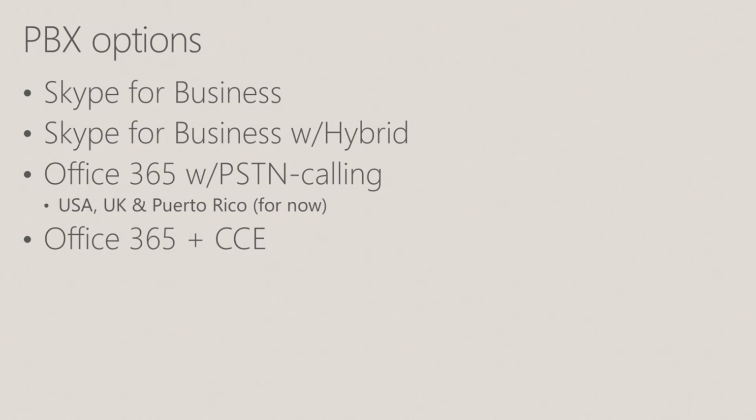These options should be familiar to most of you. The first one is Skype for Business on-premises, Classic, as I call it now. We have everything on-premises. The second one is Skype for Business with hybrid. For those of you who want to do PBX calling from Office 365, you can do that through the hybrid installation. That's different sessions, and if you missed it, go back and revisit the recordings.